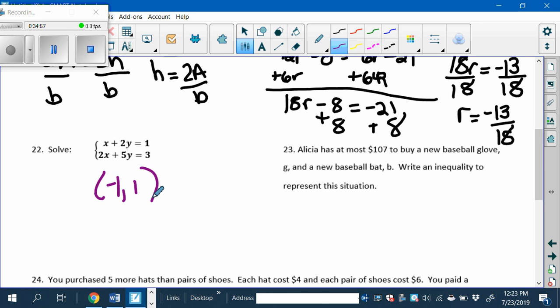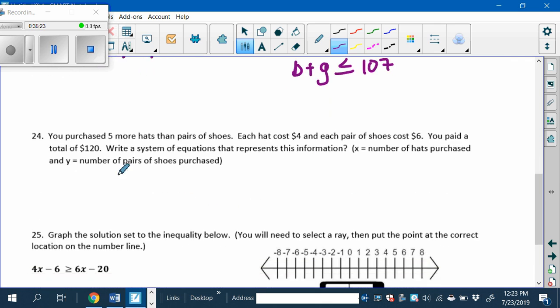All right, so Alicia has at most, so she has to do less than or equal to 107 to buy a new baseball glove and a new baseball bat, right? An inequality. So the bat and the glove have to cost less than or equal to $107. Okay. Now this is where the systems of equations can be kind of tricky because you have to come up with some